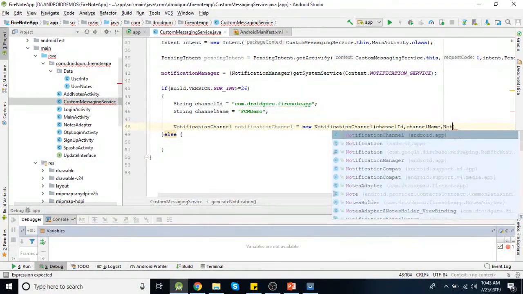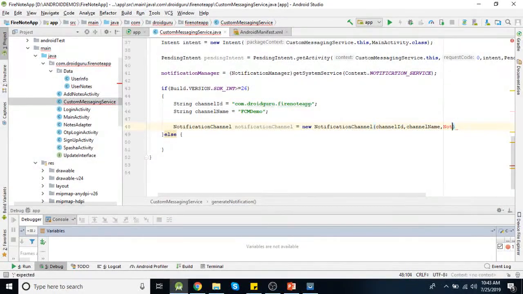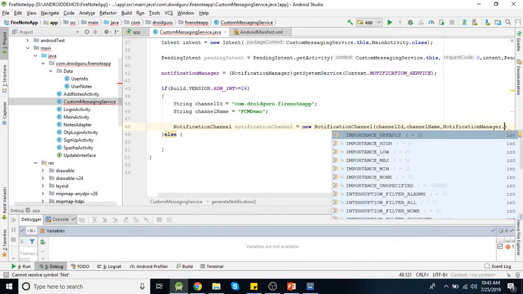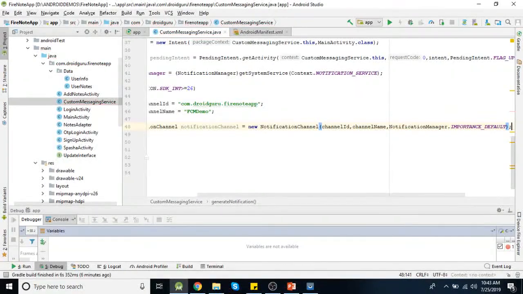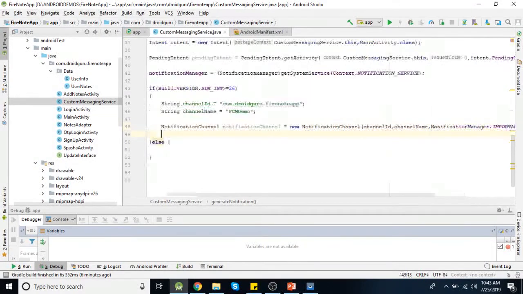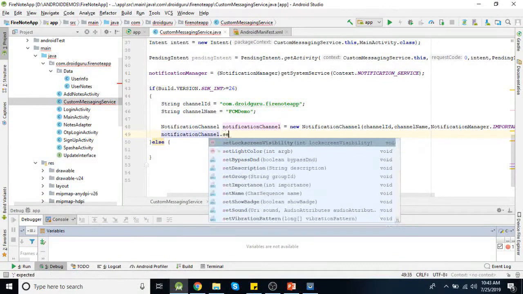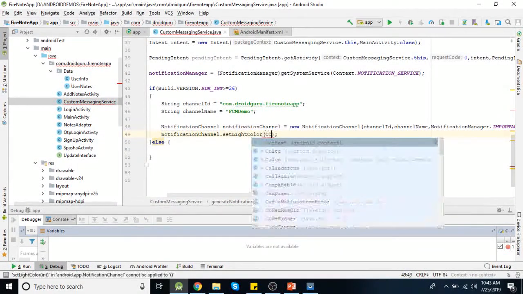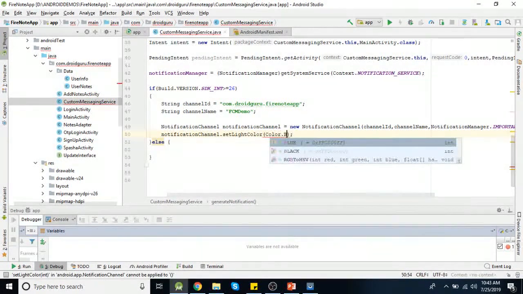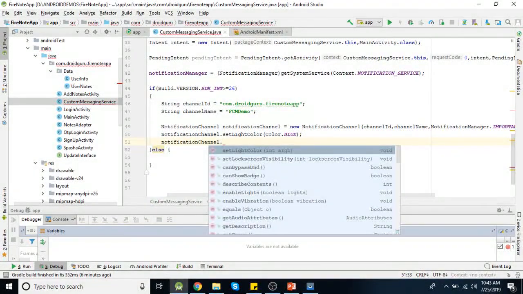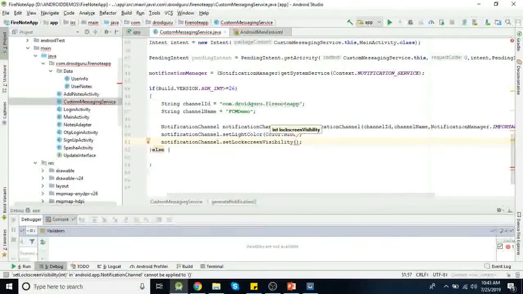So for this we will set importance like notification manager dot. These are the options for setting importance. So we'll set for now importance default. You can also set some properties for this channel like set light color or notification channel dot set lock screen visibility. You can also set here.